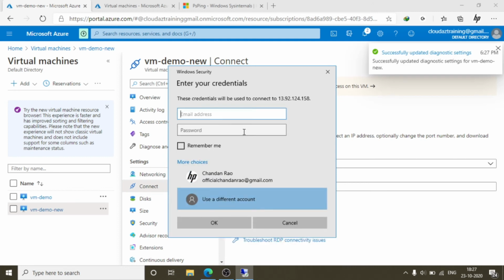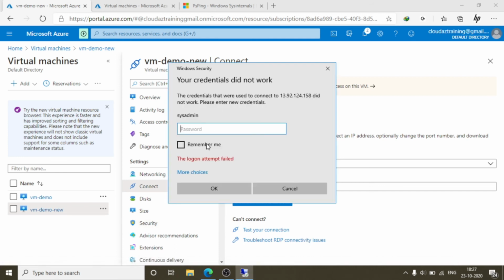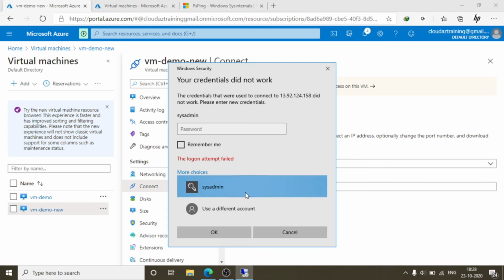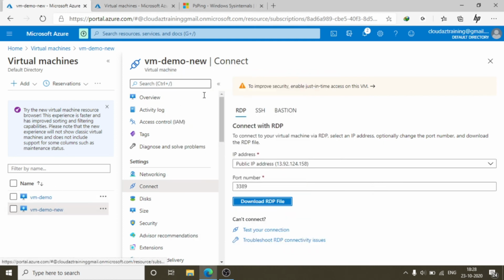Click on more, then some other user, and I'm giving the username, sysadmin.